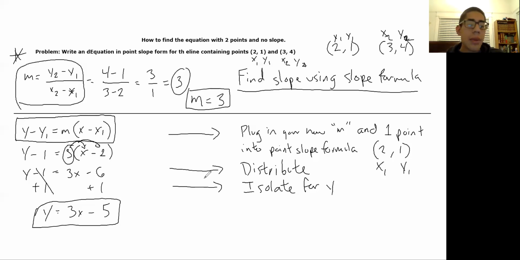1 can't add to 3x, but it can add to the regular minus 6. So negative 6 plus 1 ends up with negative 5. My final equation for the 2 points is going to be y is equal to 3x minus 5. This is my final answer. Okay, so